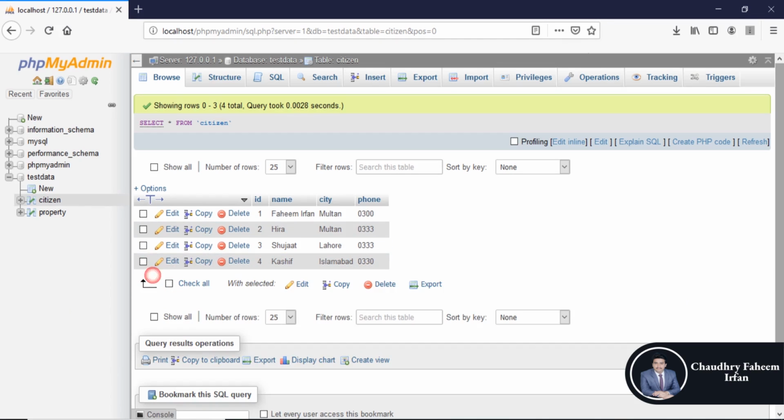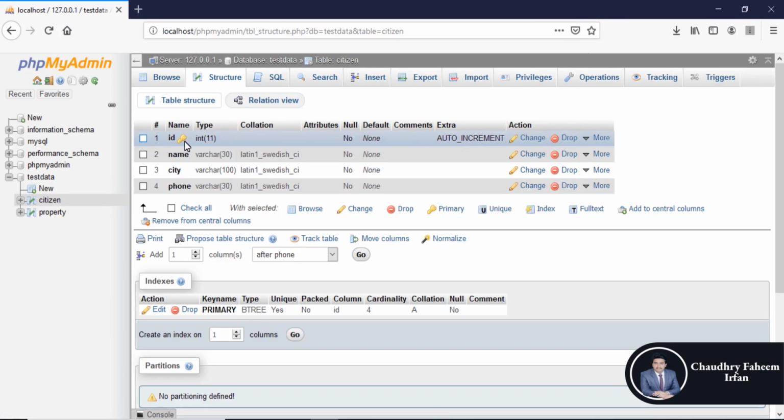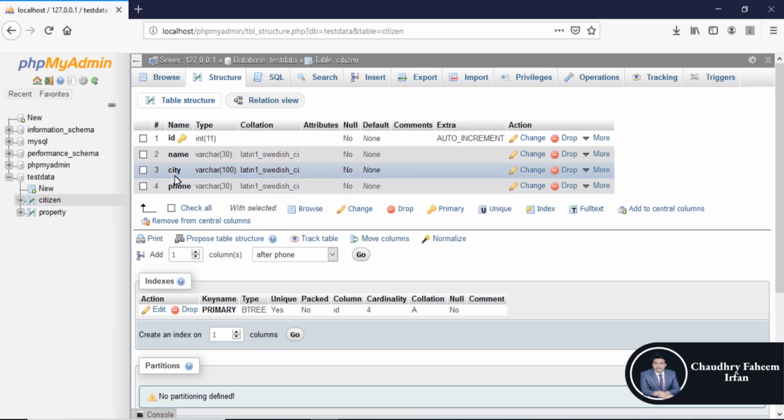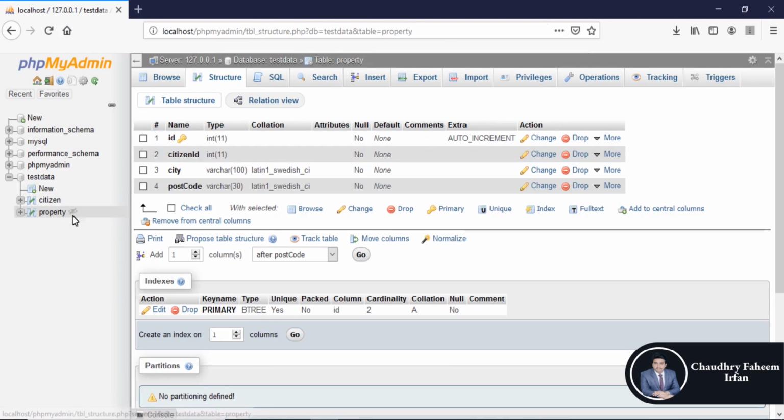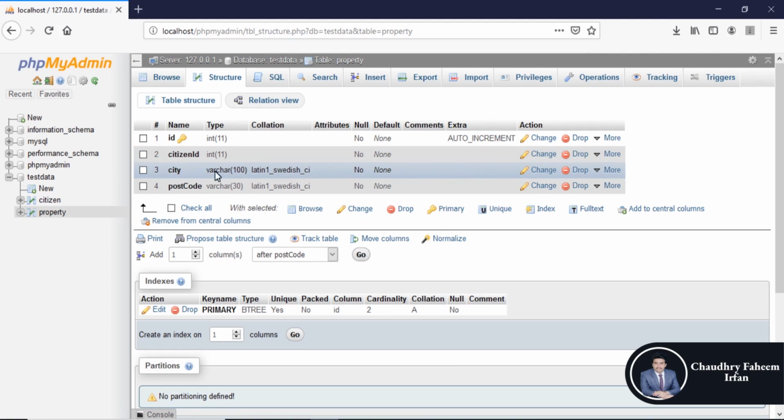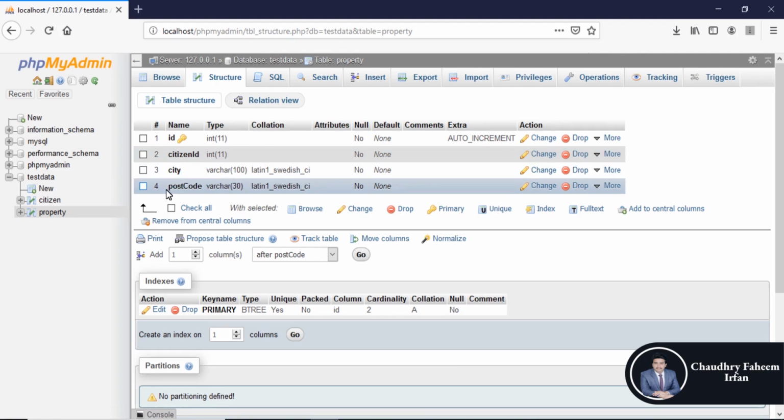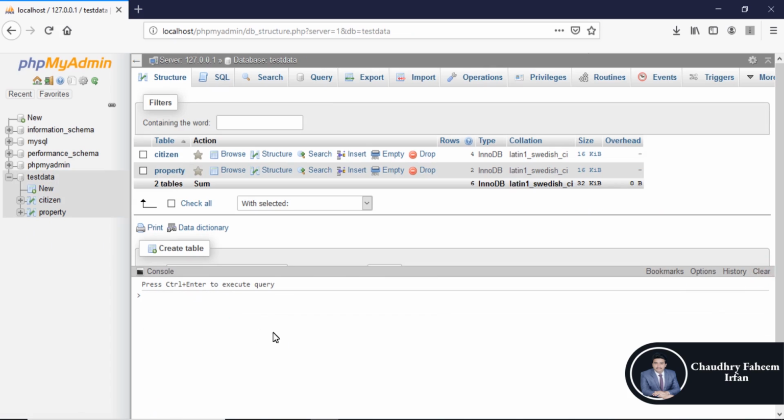So what will be the query? First of all, look at the structure of the citizen table: ID, which is the primary key, length is 11, then name, city, and phone, varchar 30, 100 and 30. And also look at the structure of the property table. ID is auto increment, citizen is the foreign key with 11 length, city is varchar with 100 length, and postcode varchar 30. So select the database, go to the console and write the query, which is select